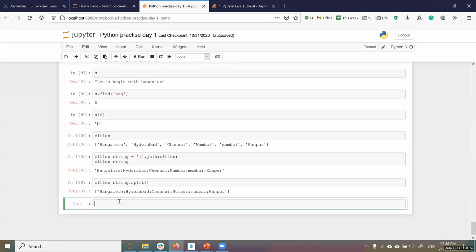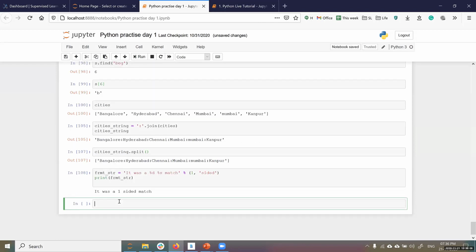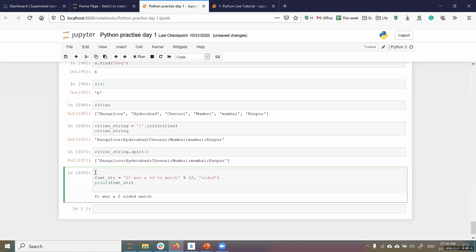I'll explain. It was a one-sided match. Now you change here to, it was a two-sided match. So how can you iterate it? For i in range 5.